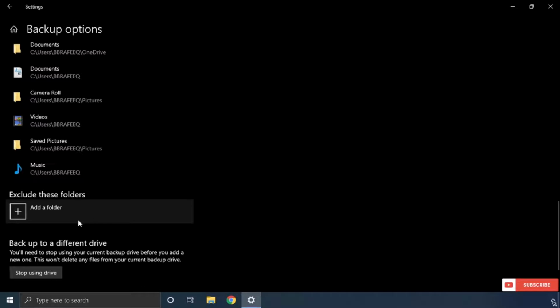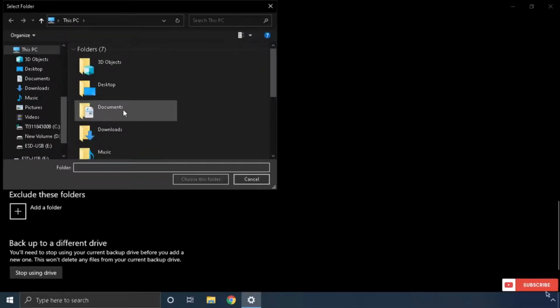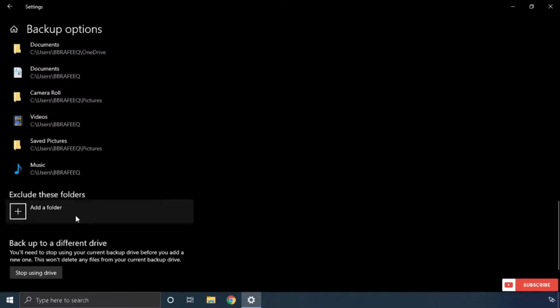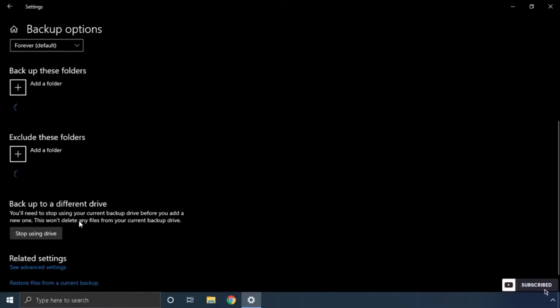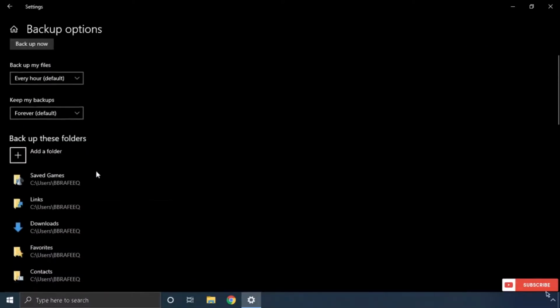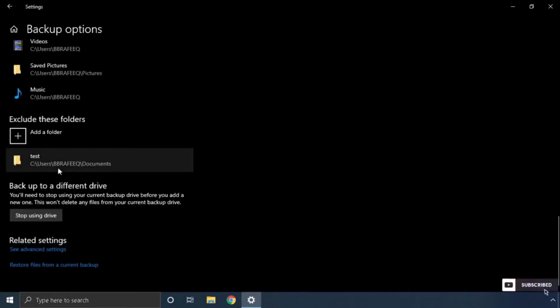So just click here, and for example, I don't want to back up this folder. Just choose this folder, and it won't back up anyway. Now you can see that folder added here.